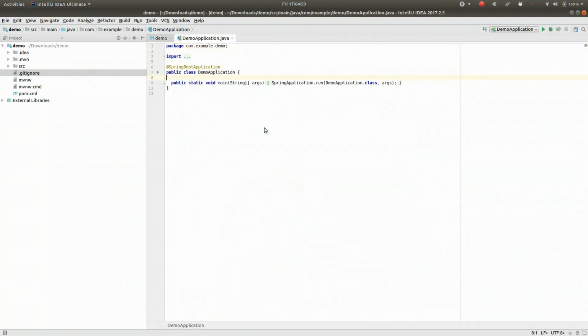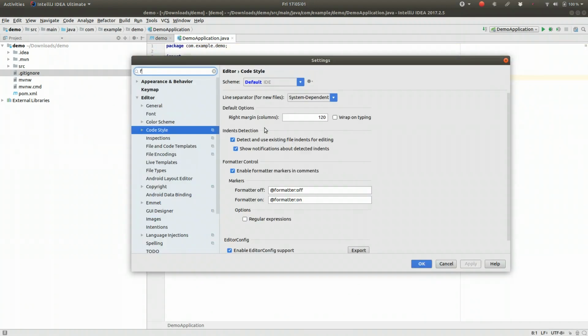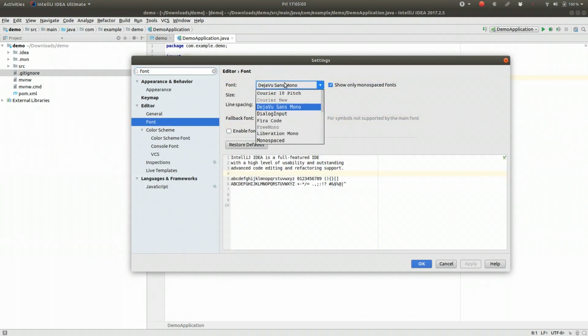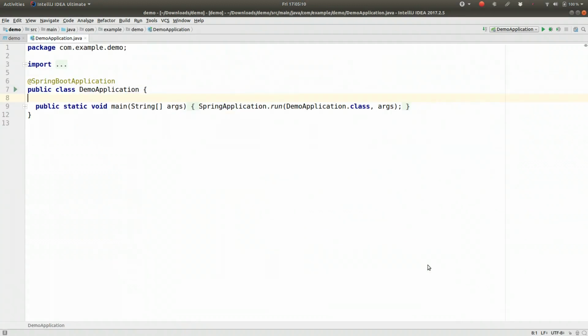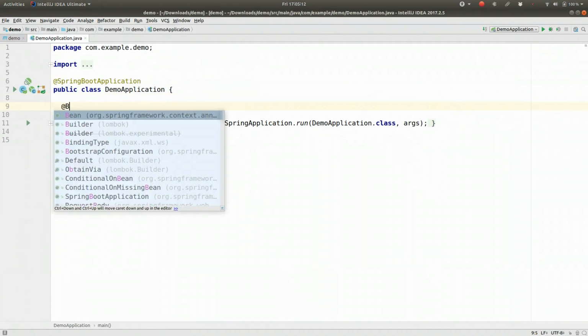And let me make this font a little larger, my friends. Okay. We'll say make it 22. Very good. All right. So we're going to have an application runner,